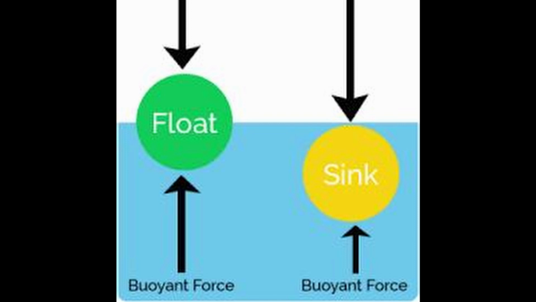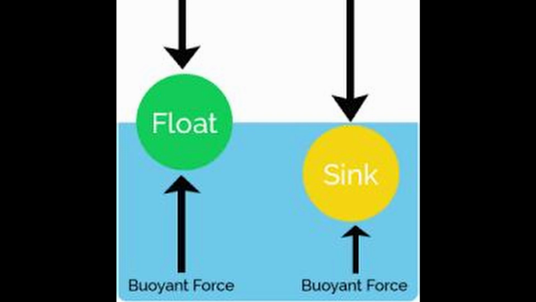Buoyant force means the upward force exerted by the liquids. Let's take the example of alcohol, water and glycerin. So where will be the more buoyant force? Glycerin, among the three liquids, will have the more buoyant force. Why? Because the density of glycerin is more than the density of water and alcohol. Glycerin has a density of 1.25 gram per cubic centimeter. So the more the density of the liquid, the more is the buoyant force. I think this is clear to you all.